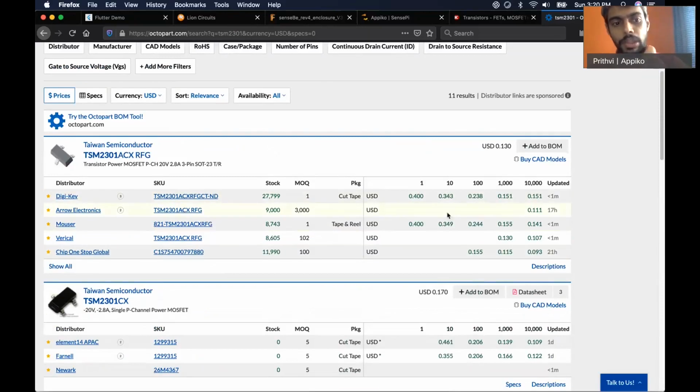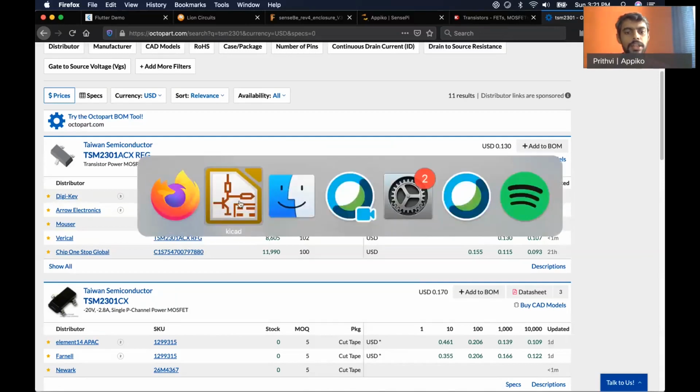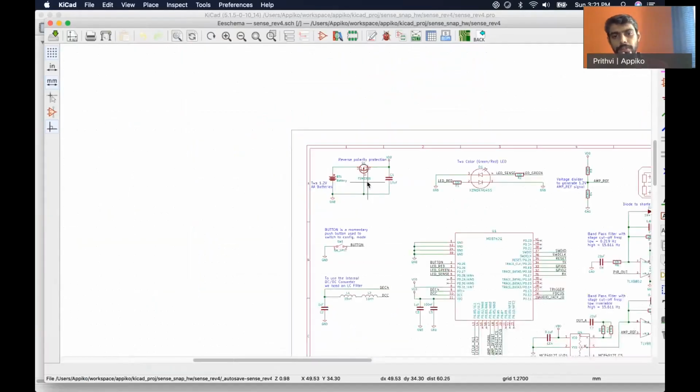When the quantity increases, the price per unit decreases drastically. The price at 10 quantity is more than double the per unit price at 1000 quantity. So that's how we choose a component for reverse polarity protection.